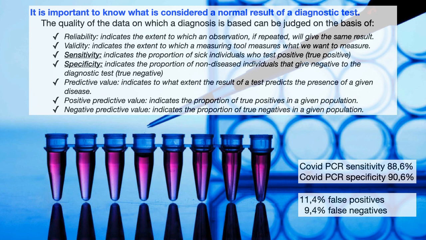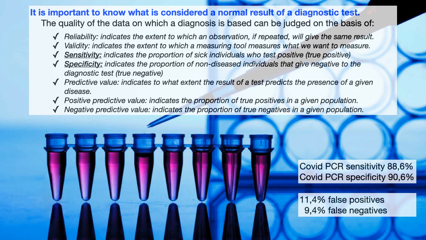As you know, we have those PCR tests to confirm the infection. Let's say you get a positive PCR for COVID. Does that mean you have the infection? Well, the answer is no, not for sure. And here is when we go to sensitivity. If you check in the box below, the sensitivity for PCR is 88.6% and the specificity is